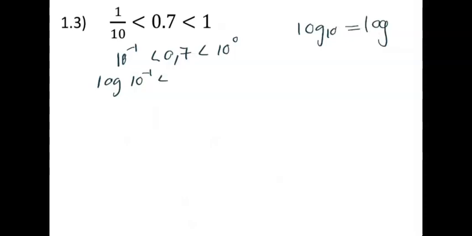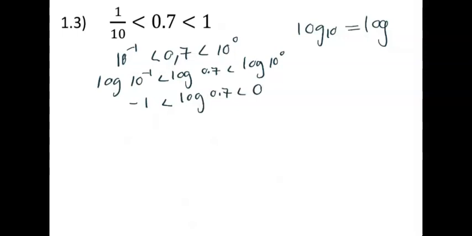Then I get log of 0.7 is less than log of 10 to the 0, so minus 1 less than log 0.7 less than 0. If I try something like in between there, then I will get 10 to the minus 0.5,